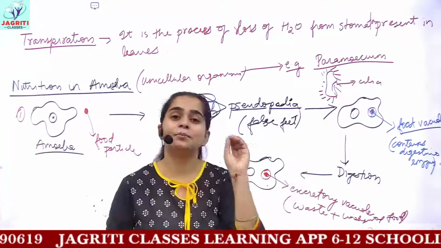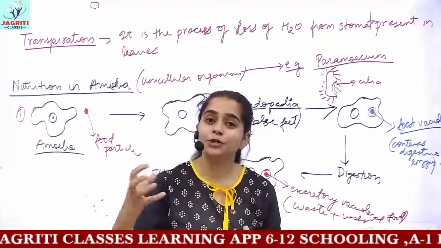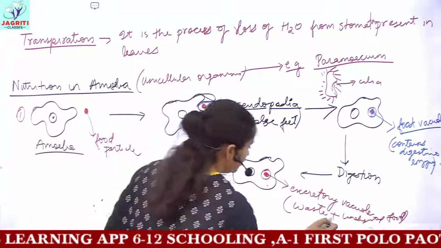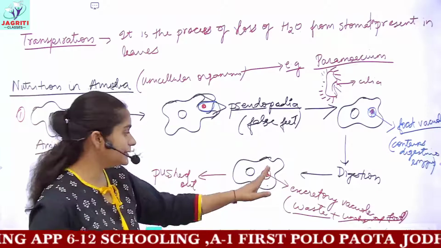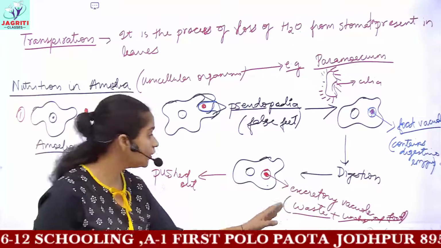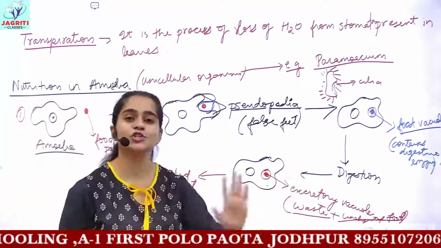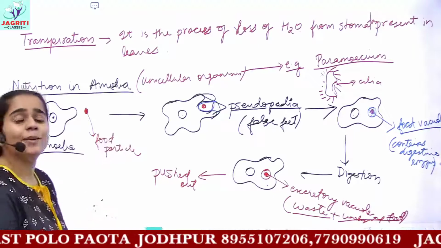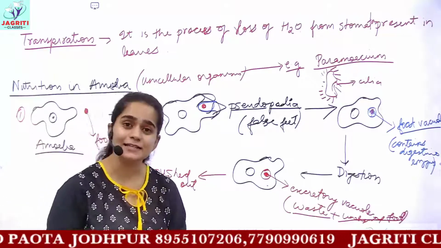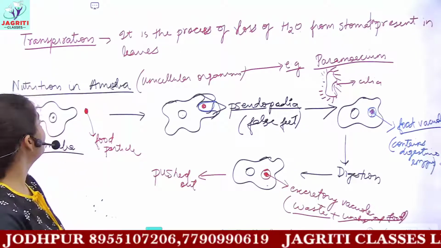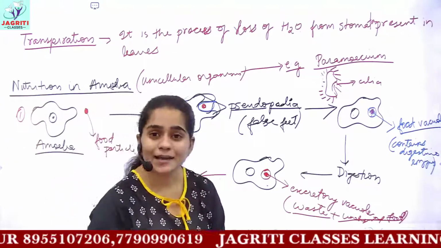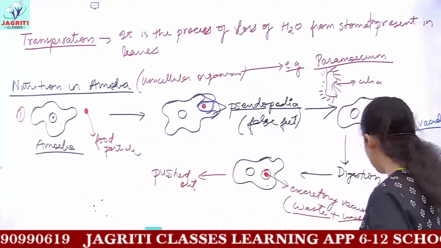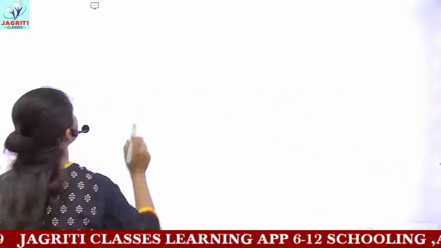Now the food vacuole bursts open and all the digested food is released and absorbed by the body of amoeba, and the remaining waste or undigested food is converted into an excretory vacuole, and at last this excretory vacuole is pushed out from the organism, that is amoeba's body. And next you can have that of paramecium, that is how paramecium obtains its food. So now we have dealt with photosynthesis, then stomata, and nutrition in simpler organisms. So our next topic for this class would be nutrition in humans.